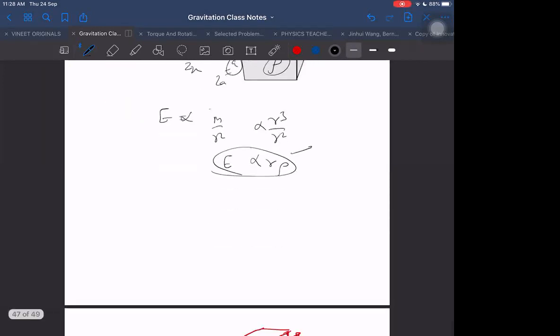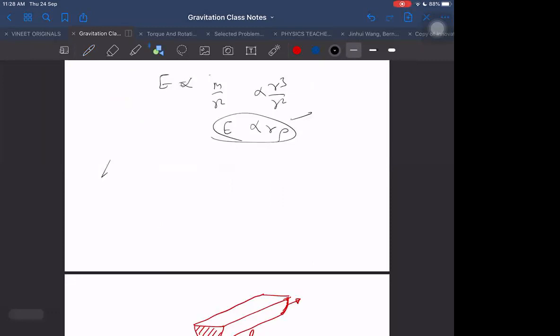Okay. Now imagine a scenario. You know what is acceleration? E is also equivalent to acceleration, Gm by R square. Let us say we are sleeping in the night and we are waking up in the morning and we are finding everything proportionately increased. Can we tell the difference? I think it is not possible to tell the difference, because your hands are also doubled, your fingers are also doubled, your nails are also doubled, switches, boards, everything you see gets doubled. Then you will find everything to be proportionate only, and probably you will not be able to tell whether the things are getting doubled or not. Can you tell the difference?